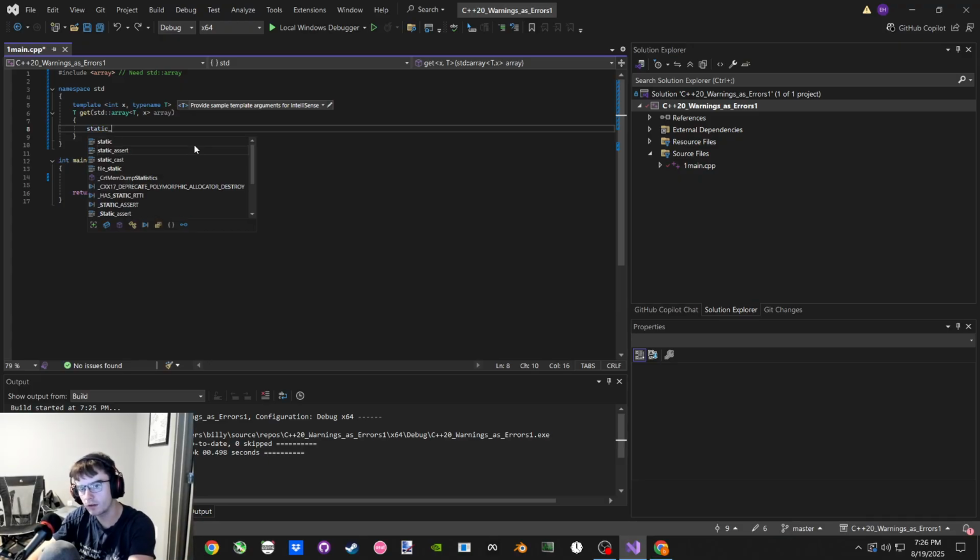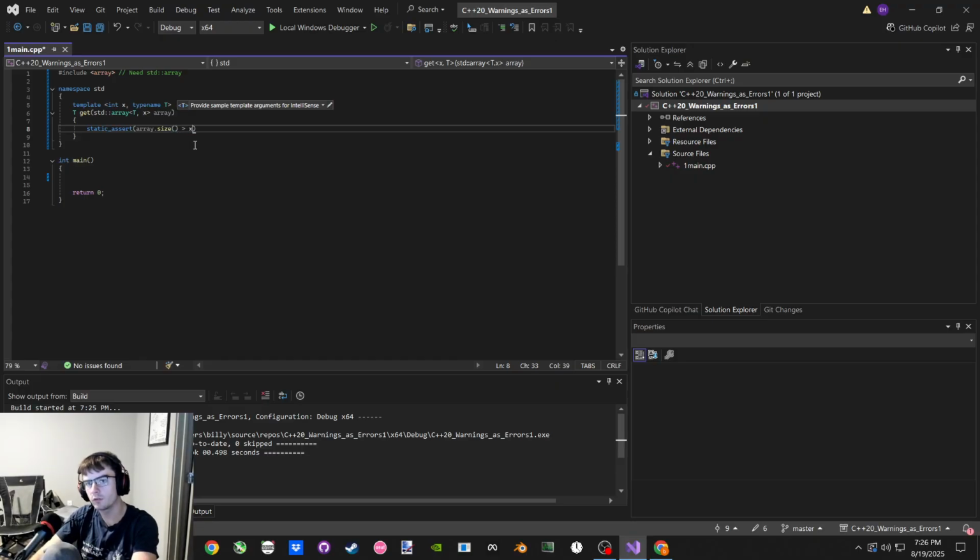Because what it's doing is it's saying static assert that array size is greater than X, or really that X is less than array size. And once true, then it's returning